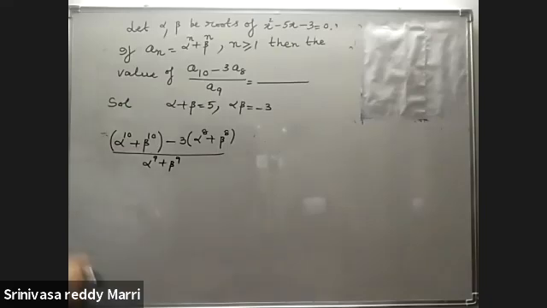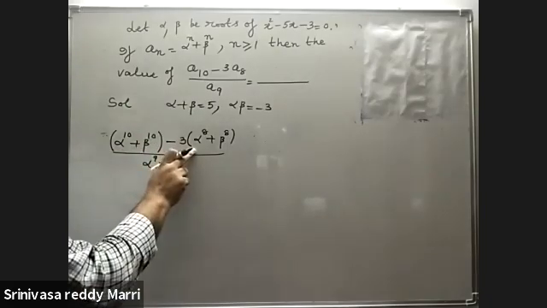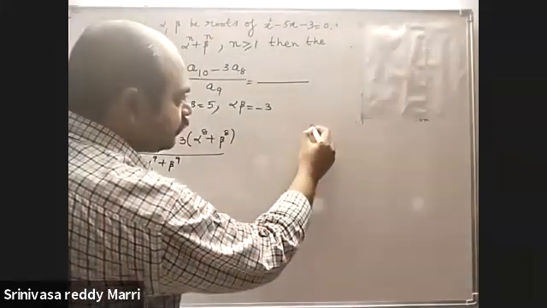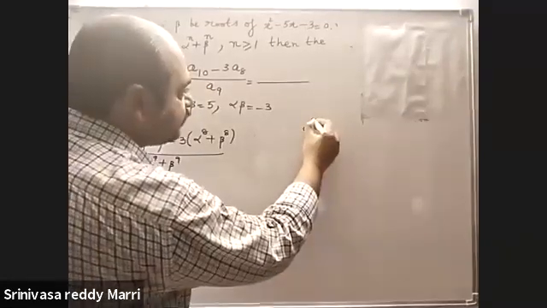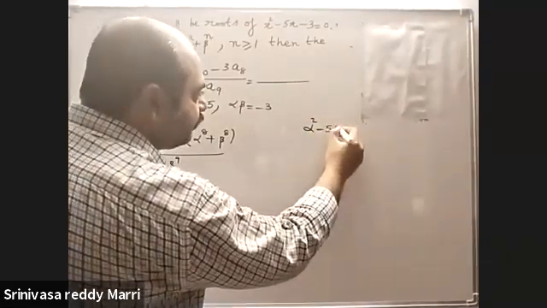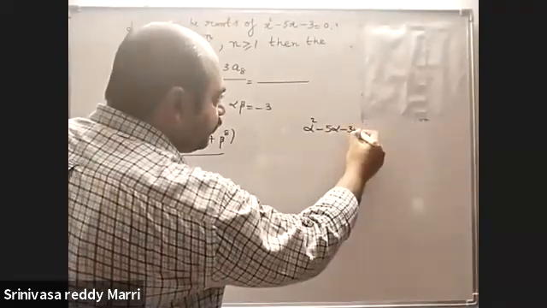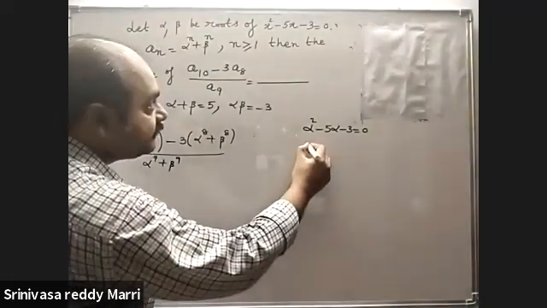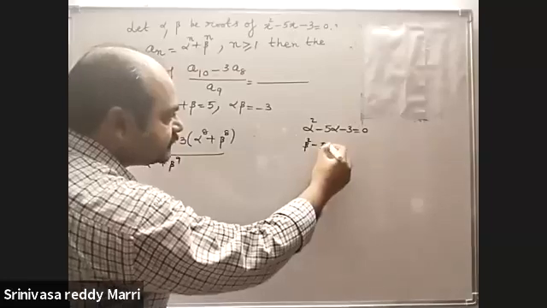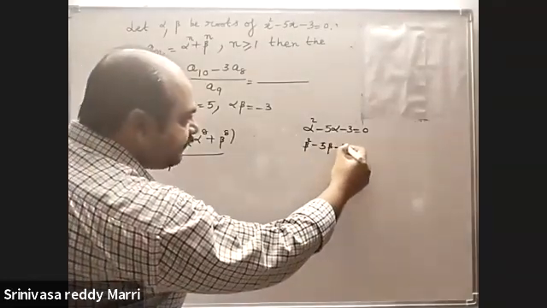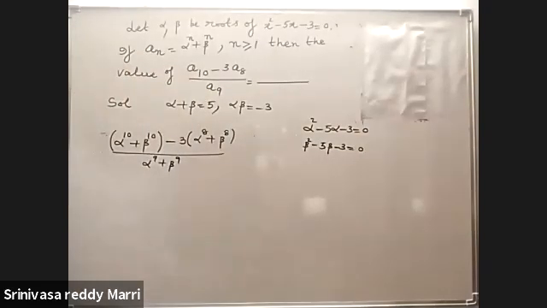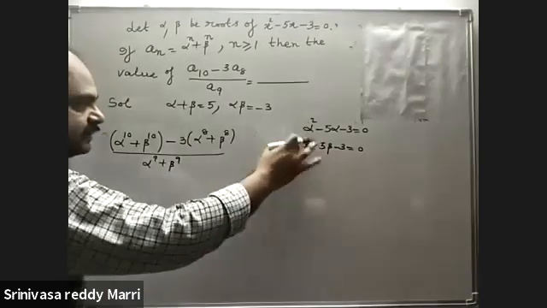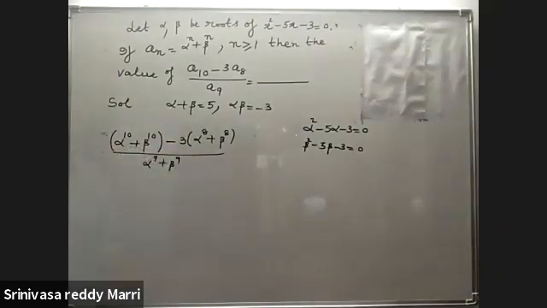You know. So look at, whenever these type of higher powers are given, as alpha is a root, alpha square minus 5 alpha minus 3 equal to 0. One equation will be there. Beta is a root, another equation will be there. You have to make use of this. Without finding those actual values, you have to find out. So these two equations will come. So you have to make use of these two equations. Directly calculating is not possible.